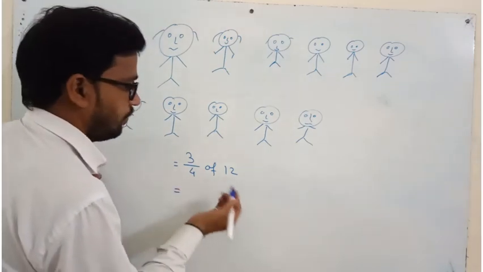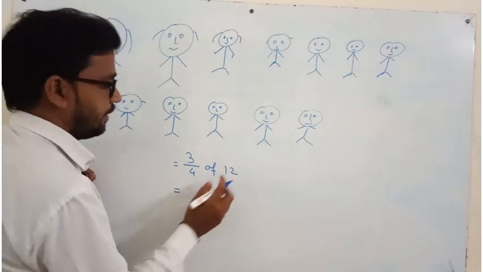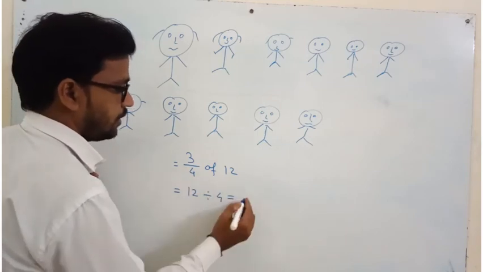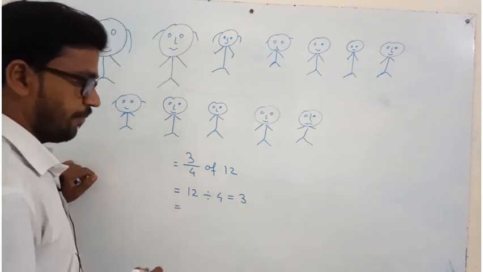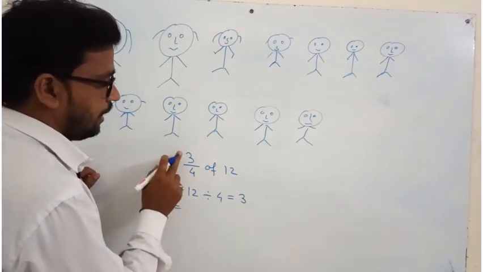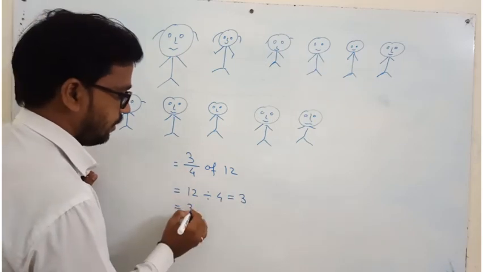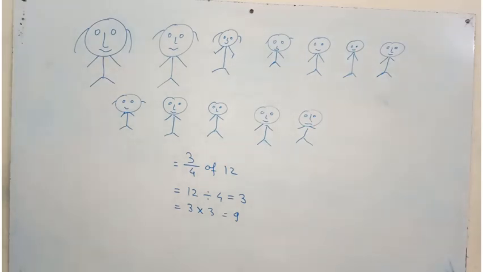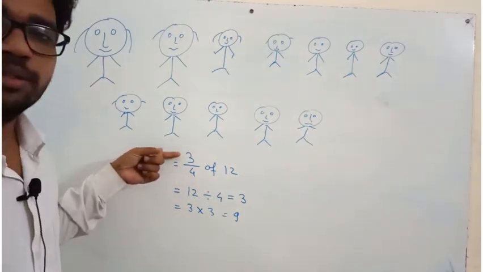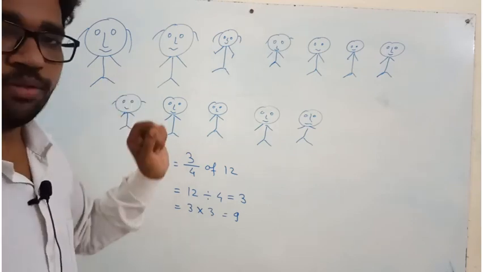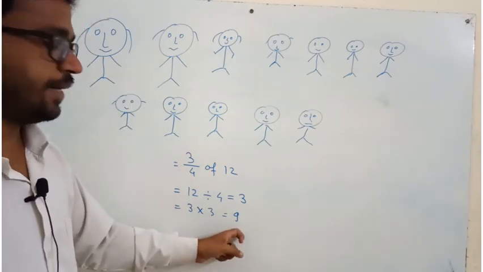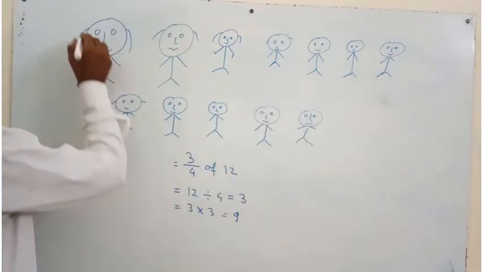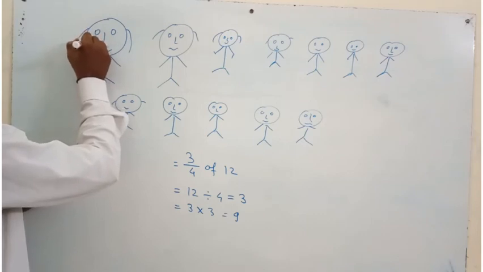So 3/4 of them means, first of all, we have to divide this 12 by 4. So we get 4 threes are 12. Okay. Then what do we have to do? We have to multiply this 3 by this 3. So 3 into 3 equals 9. Okay. It means from 4 we have to draw 3 groups of earrings. Okay. How many friends? 9 friends. So 1, 2, 3, 4, 5, 6, 7, 8 and 9, we have to draw earrings.